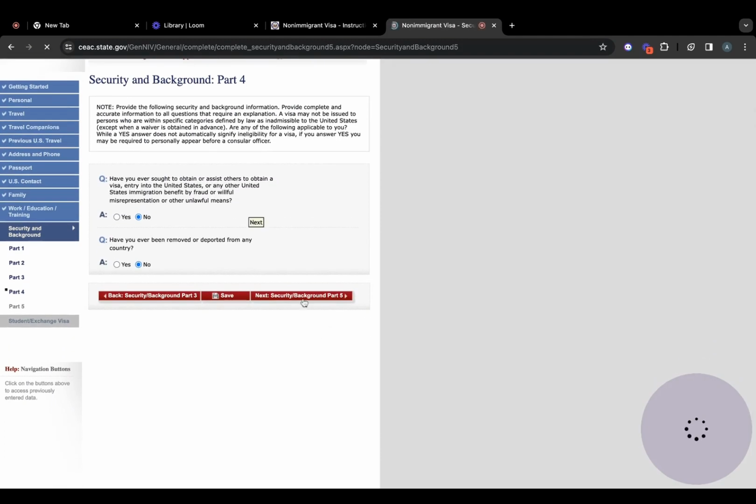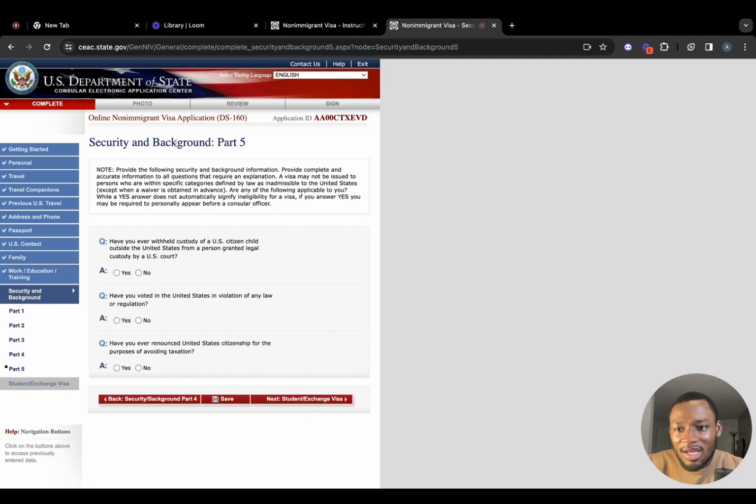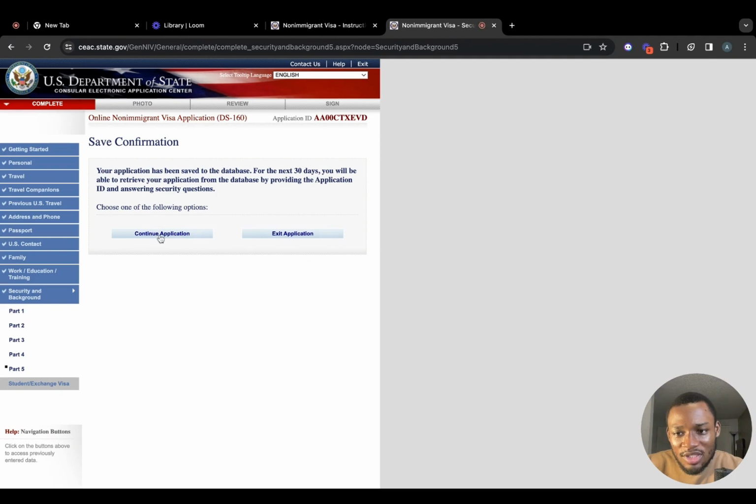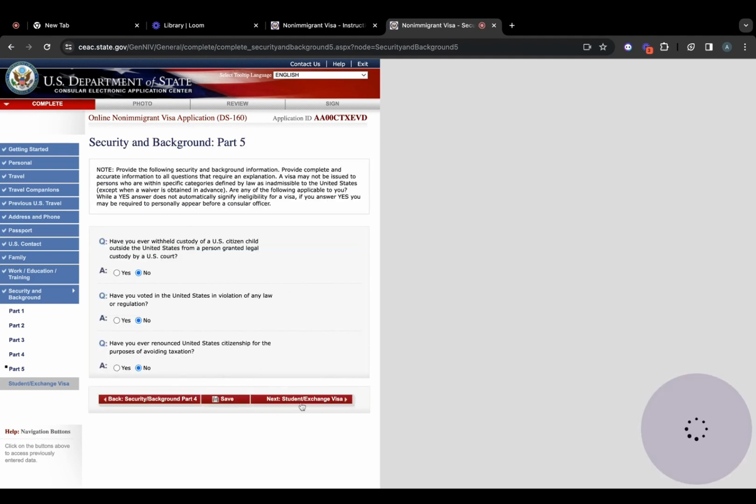So next, when you come here, security and background, part 5. Have you ever withheld custody of a U.S. citizen child outside the United States from a person granted legal custody by a U.S. court? No. Have you voted in the United States in violation of any law or regulation? No. Have you ever renounced United States citizenship for the purposes of avoiding taxation? No. Save. Then you go on to continue application. Then you go to next,